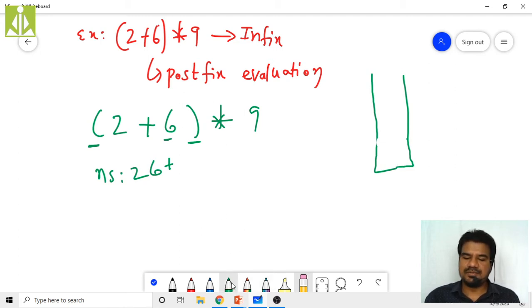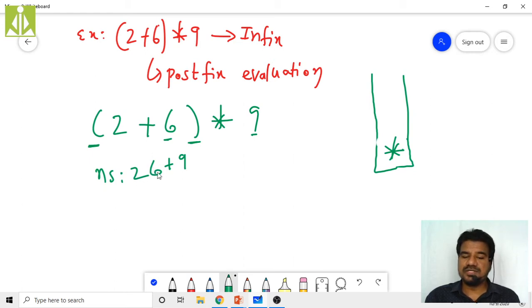Now we have multiplication. As my stack is empty, simply push this multiplication onto the stack. Then we have 9. As it is an operand, add it to the output string. Now we have 2 6. Don't think of this as 26. It is a different notation; here it is 2 and 6, two different digits.